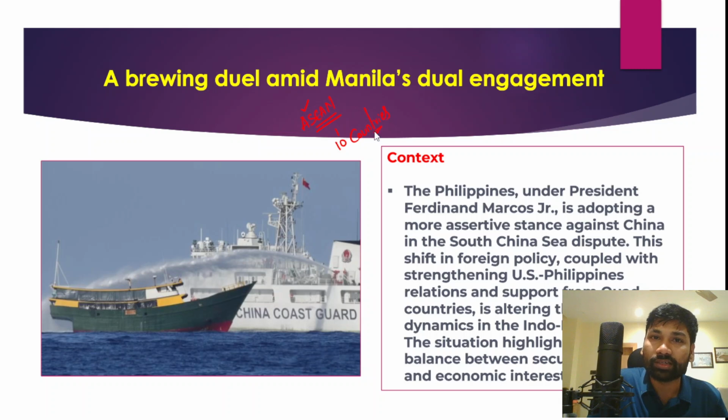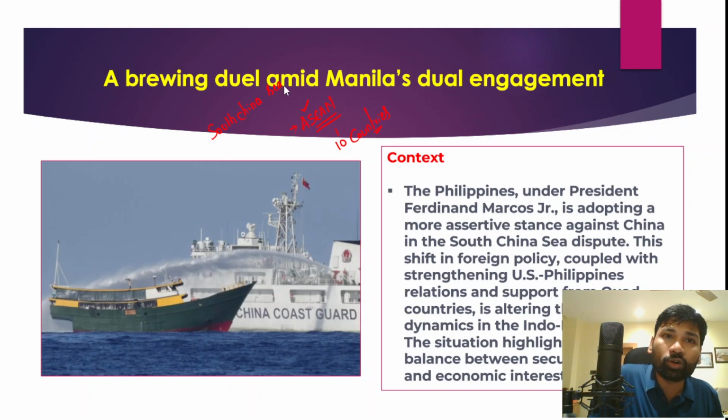So majority of the countries share their borders with the South China Sea, but on the other hand, China has been claiming sovereignty over the South China Sea, and it has also been building artificial islands such as in the Paracel and Spratly Islands. It has been building artificial islands and military bases, and very often creating roadblocks for the navies of other countries and fishermen from these 10 Asian countries. Therefore we can say that Chinese aggression and assertiveness in the South China Sea has been increasing in recent times.